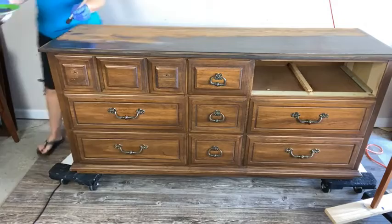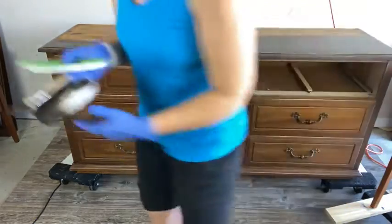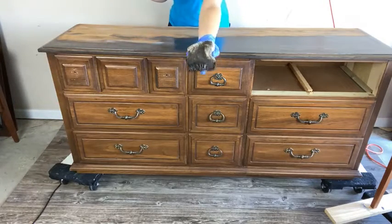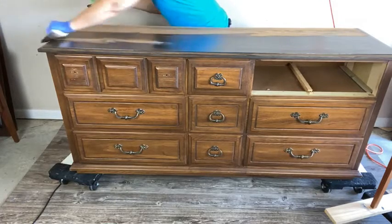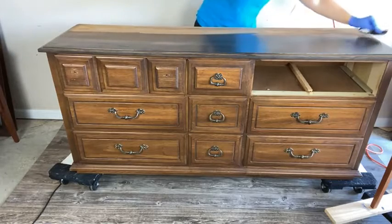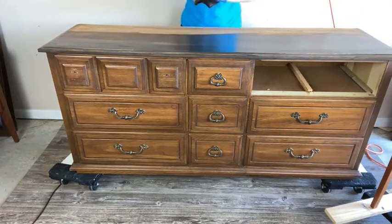So I do need to get a little bit more stain. Show you. Actually, I'm going to apply some with the applicator pad too because it's a much faster process. So you just put a little bit on the applicator pad and you scrub it through. You see how it's actually wiping itself back. This is not really the look I want though, so I'm going to stop here. Actually, I'm kind of liking that. It's harder to get into the grain with an applicator pad, which is why I'm really applying this with the